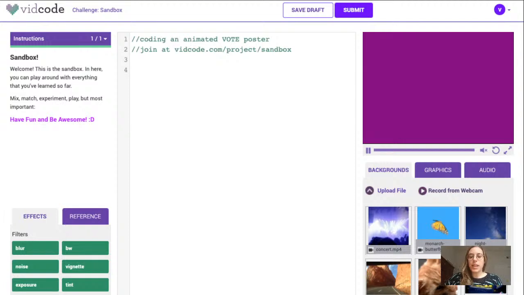I think it might be nice to do stripes. I feel like a lot of the posters we just looked at had stripes as a design element. For now, I kind of want to focus on just the